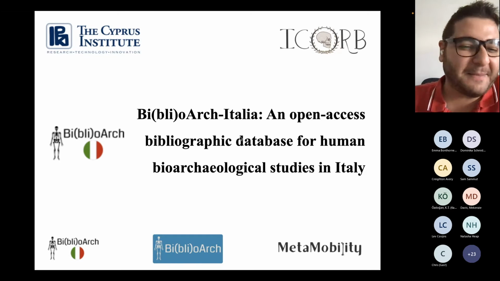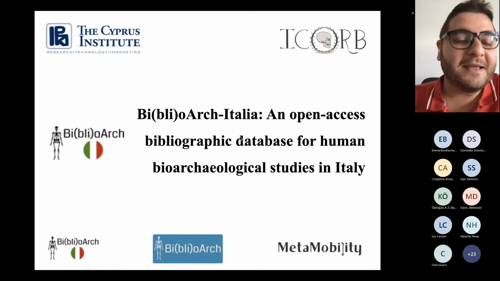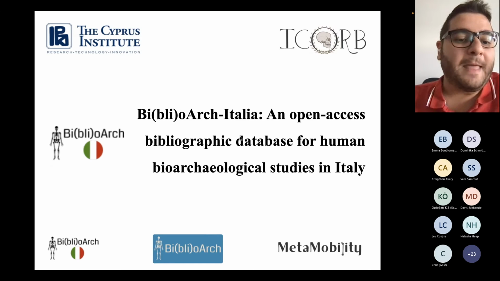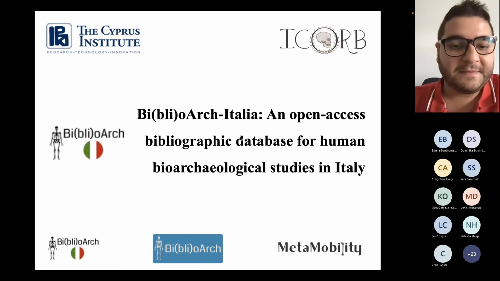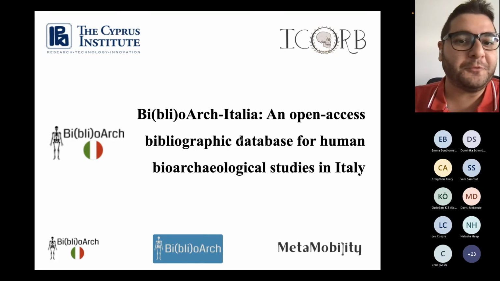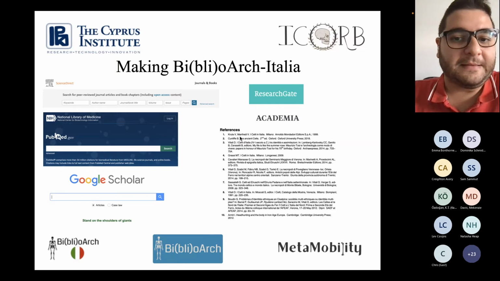Now, the reason why we have a separate database instead of merging with the original one is that we had several inconveniences, let's say. So first of all, the number of papers. We found out that Italy had an incredible number of publications on human remains, over 1,000. And this would have caused a misbalance if combined with the original database, since there we only have a few hundred per country. But also because we had to introduce new filters, which I'm going to present to you soon. But let's start with how the database was made.